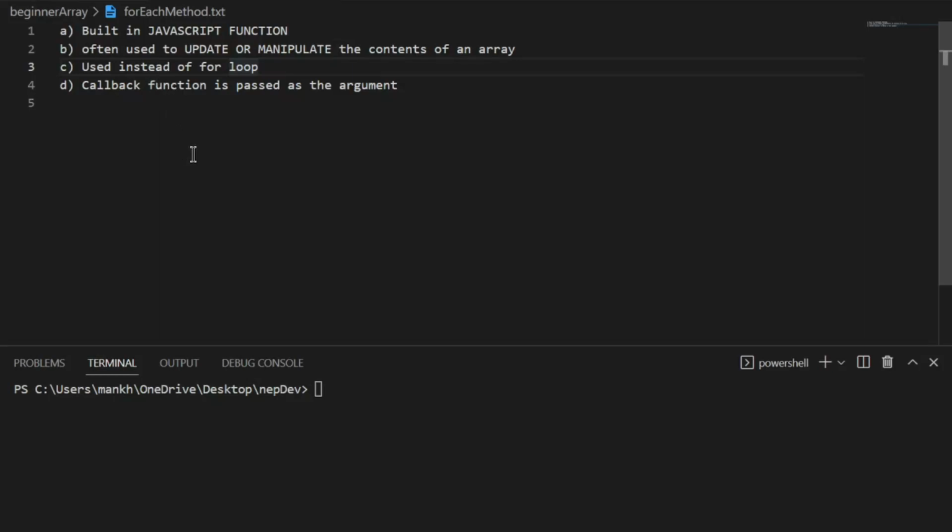We are going to learn about the forEach method. The forEach method is a built-in JavaScript function which allows you to iterate over each element of the array and perform a function on each element of that array. It is often used to update or manipulate the contents of an array, and it can be used instead of